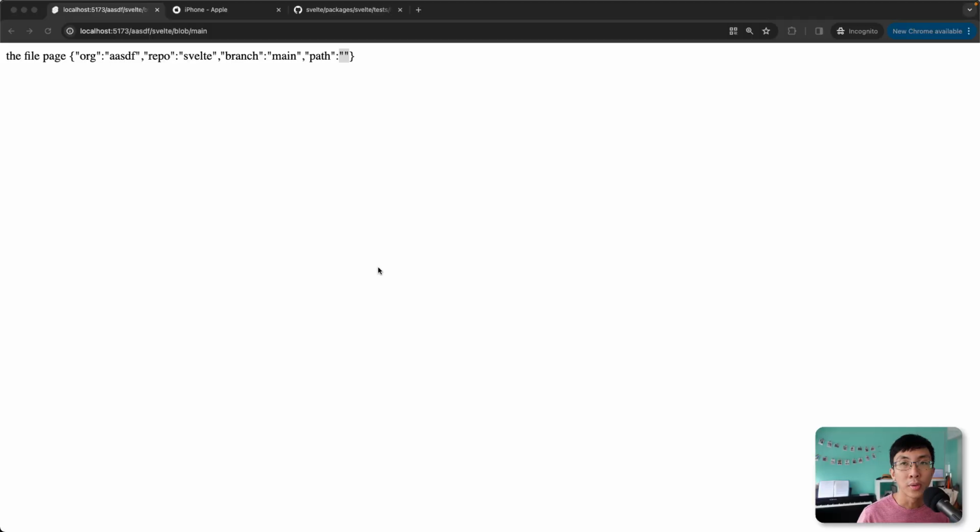So we've learned about the rest parameters where you can match 0, 1, or many path segments. Let's take a look at another type of parameters where you can match 0 and 1 path segments, which is the optional parameters. The use of optional parameters is common in certain websites where they want to support different